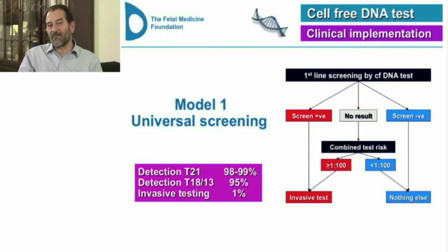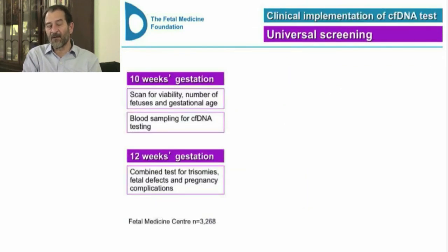Should the test become cheaper, or for those women that want to pay for the test irrespective of the cost, when would be the best time to offer the test? I believe that in order to retain the advantages of the combined test that I have already discussed, the best approach for offering universal screening with a cell-free DNA test is to do an ultrasound scan and take a blood sample at 10 weeks. The scan is important to confirm whether the baby is alive or not, whether there is